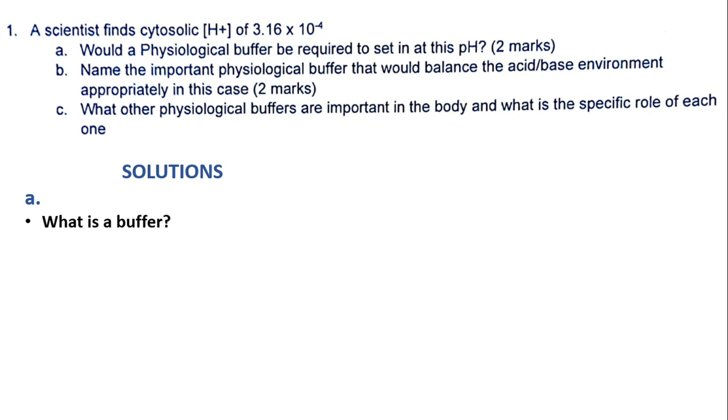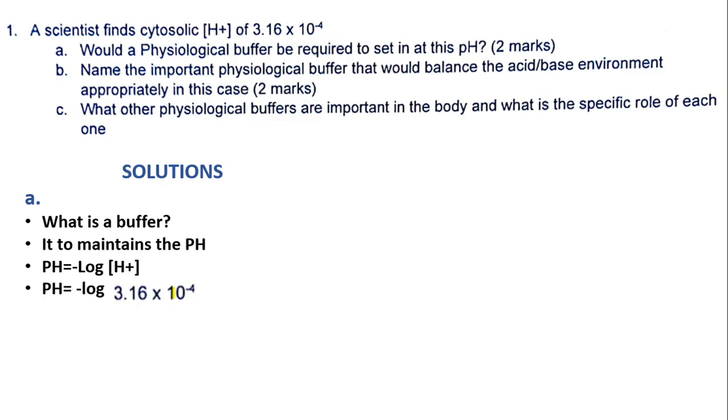We'll find first the pH. Now to find the pH, we need to know if the buffer will be used at that pH, because what is a buffer? A buffer maintains the pH. If we find that the pH is normal, then the physiological buffer will not be required. If it's not normal, then the physiological buffer will be used. The formula for pH is negative log H positive, right? So we'll just plug in: negative log 3.16 times 10 to the power negative 4. The pH is